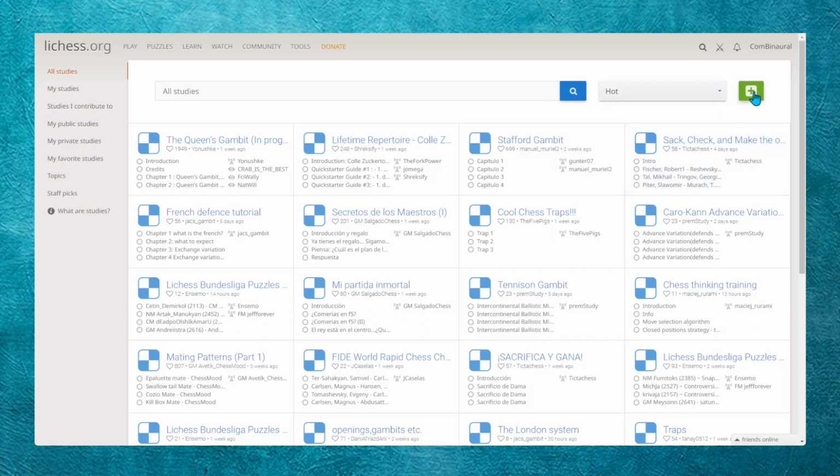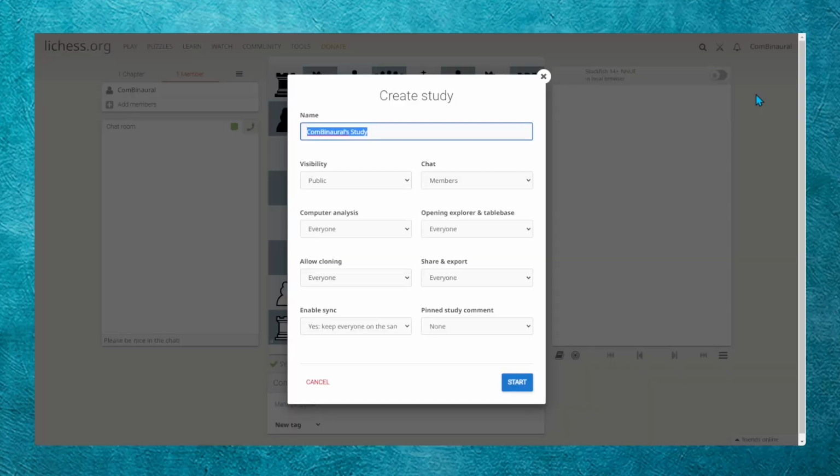Once again, we hit this Create Study button, this green button over on the upper right-hand side. We will click on that, and we will name that whatever we want. Let's just name it just simple YouTube